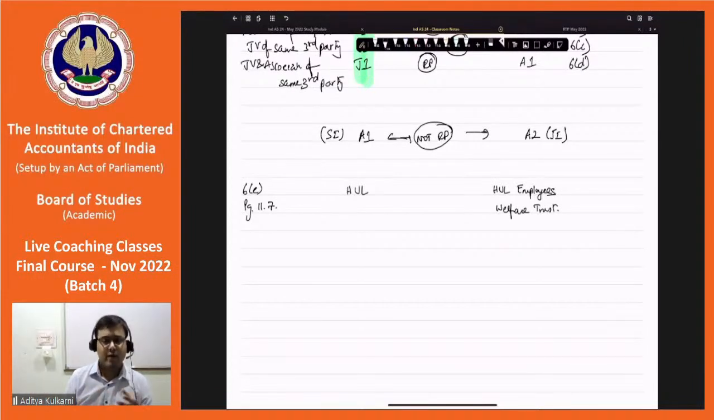And finally, when the employees resign or retire, then at that point of time, the Employees Welfare Trust will pay the amounts on account of gratuity, leave encashment, etc. to the employee. So that is how the transaction happens. So now, if HUL is the reporting entity,